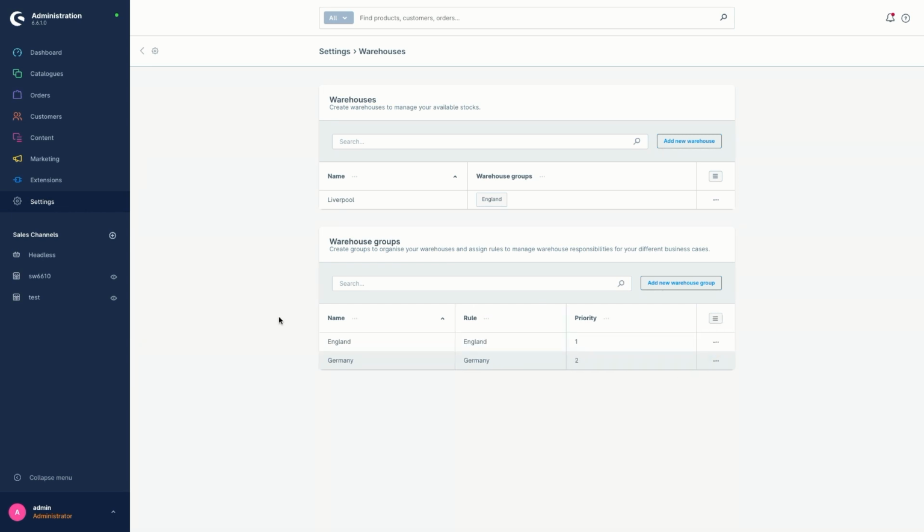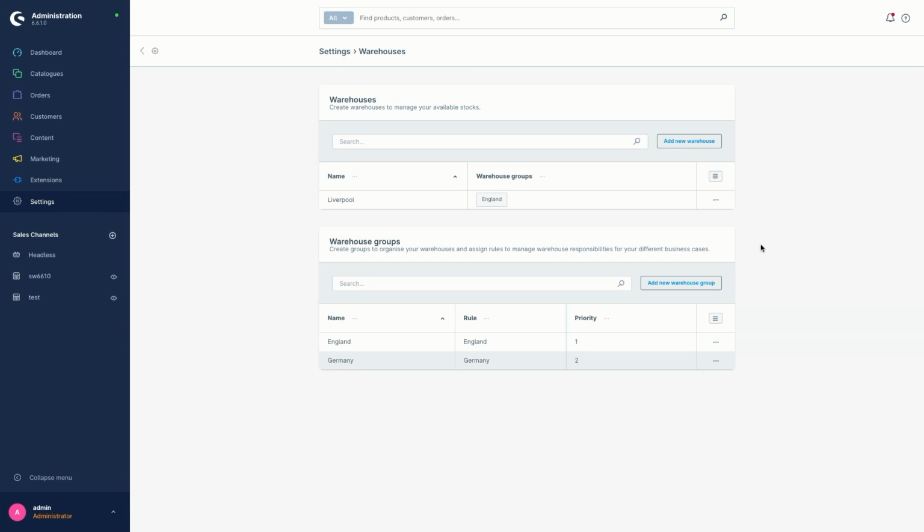And last but not least, I want to show you how you delete a warehouse from a warehouse group. So you can use 2 ways to delete a warehouse from a warehouse group. First one, within the list of warehouses, click on the context menu and just click on Delete.